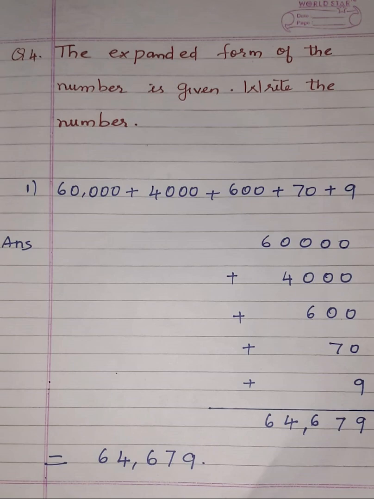Okay, children. Then finally we bring the 6 down to the final answer. So what do we get? We get 64,679 is the number. So you will write that equals 64,679. Is that clear, children? So you are going to write it in a neat and clear way, like how I have written in the video. Okay.